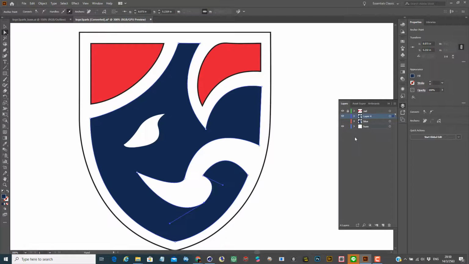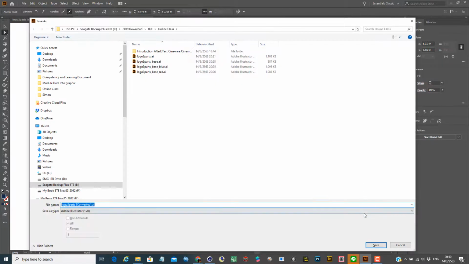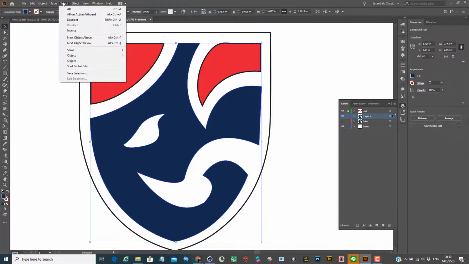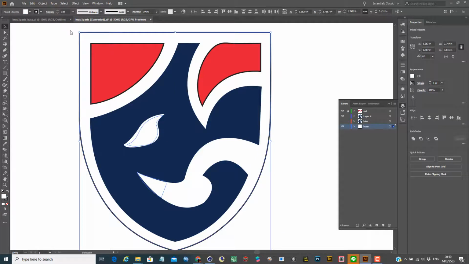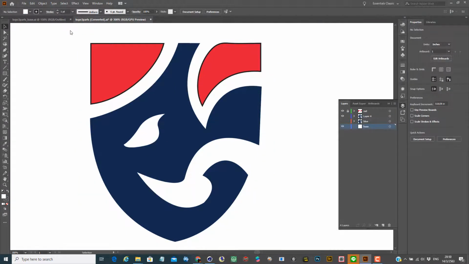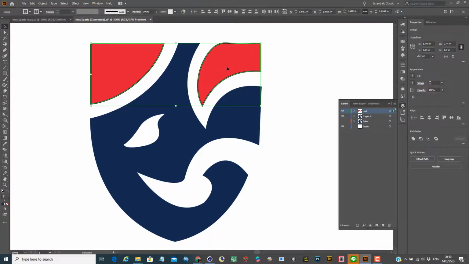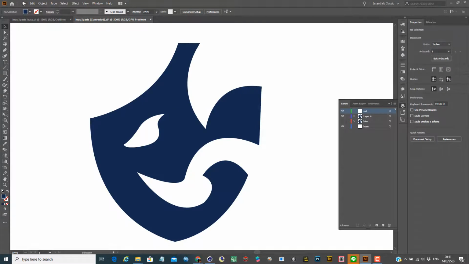Let me save this file. Then let me select this object, go to Select, and then Inverse, so it will select everything but the selected object. So I delete everything else. In this case, I select this object and there's still that red; I can delete that red. Unlock. Okay, now let me save as,